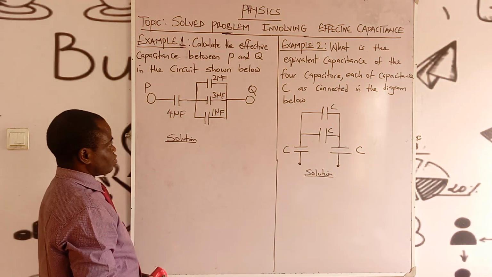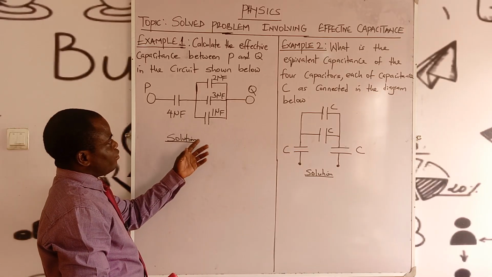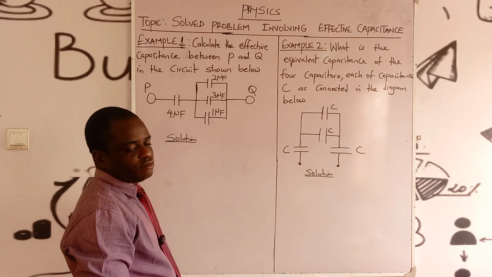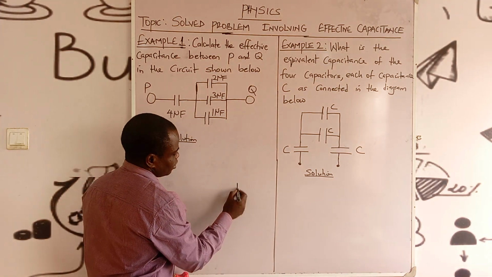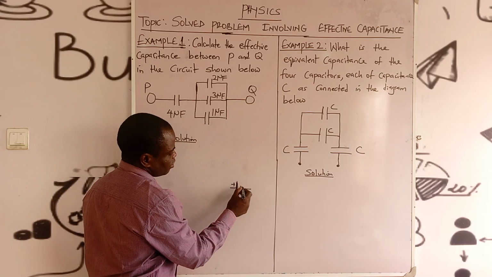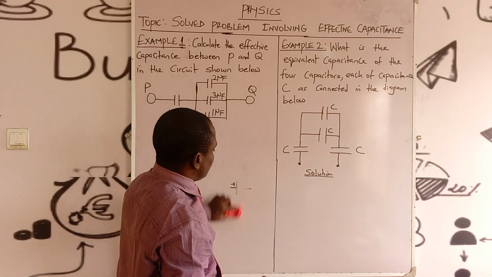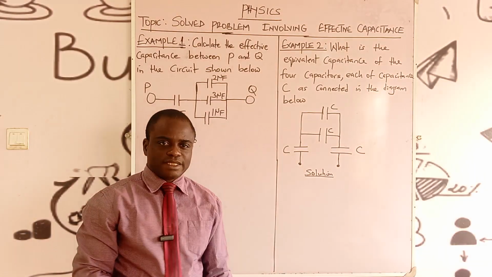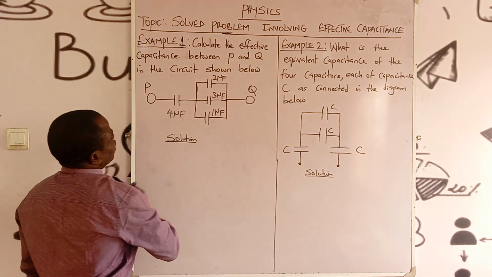And also, when you have a capacitor, you can see the hands are the same. When a cell is drawn, in the symbol of a cell, the long hand is positive while the short hand is negative. But under capacitor, we have the same hands of equal length. Okay, now